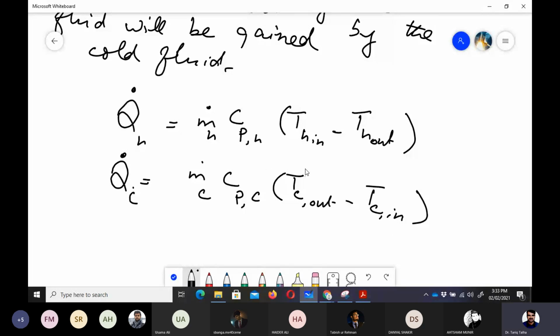As we know, because the cold fluid is gaining heat, the cold fluid temperature at outlet would be greater than its temperature at inlet. Now you can see that this temperature change, because Q dot H would be equal to Q dot C, is dependent upon this parameter,